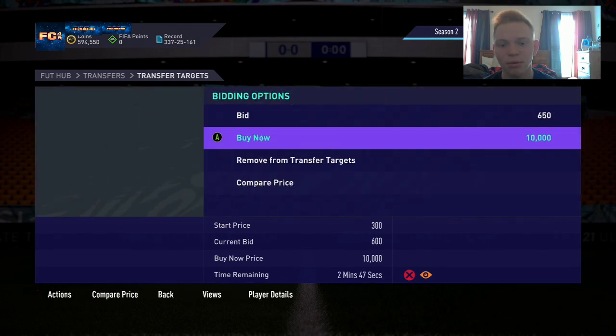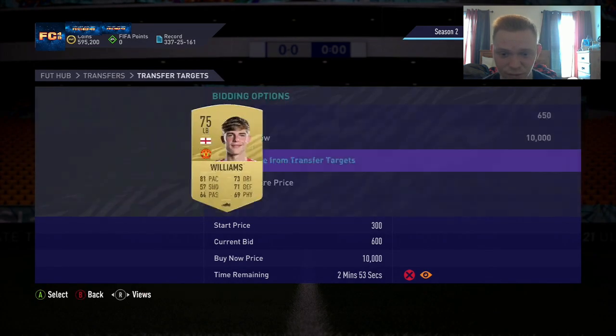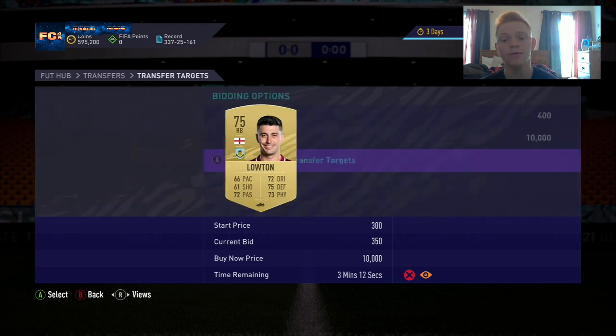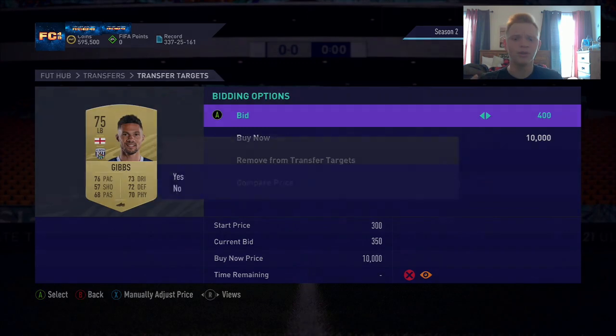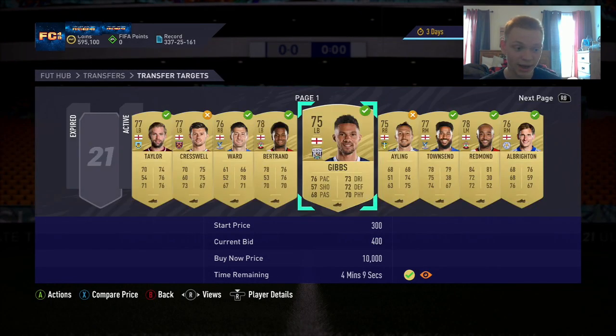Now I'm going to try to pick them all up for 600 or cheaper. Basically I'd like to get 500, but I don't think that's going to happen. And maybe if we wait a bit longer. I didn't mean to remove him, I meant to bid on him. So this is always a more effective method, super late at night for the US, and